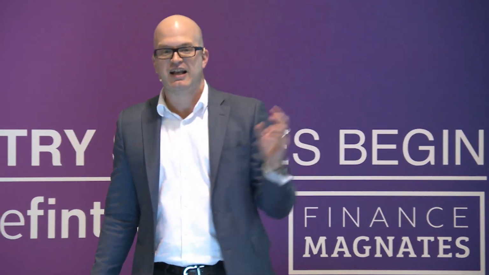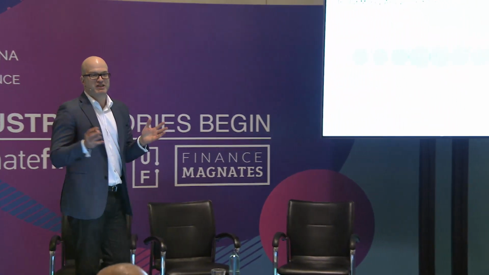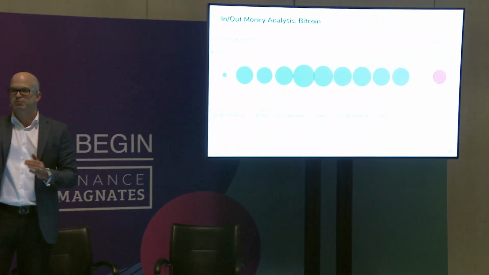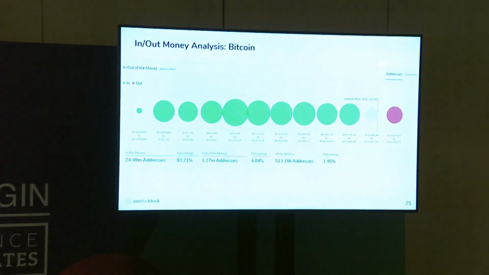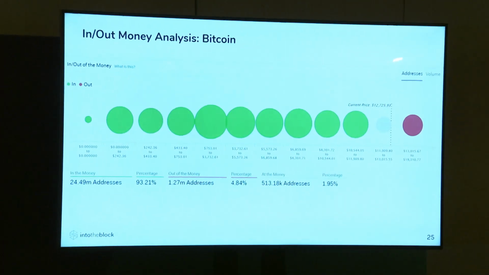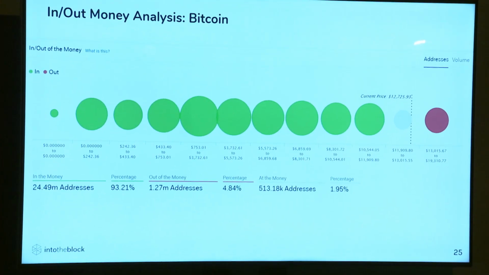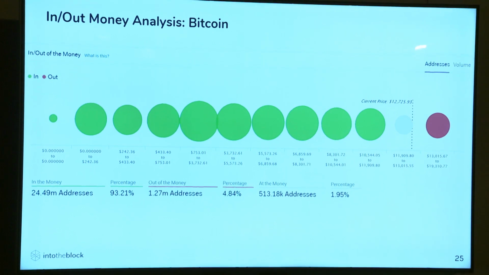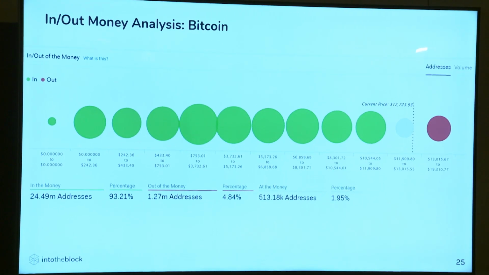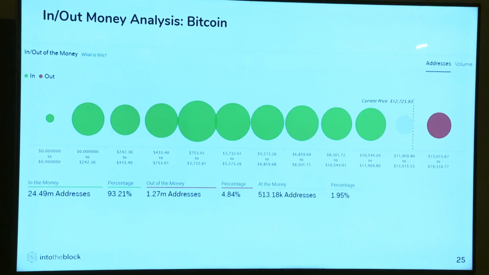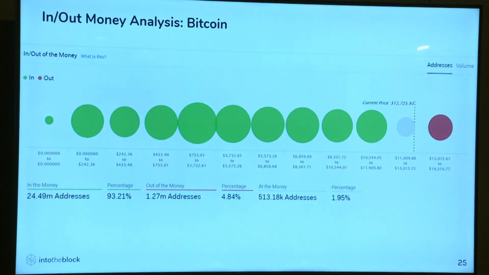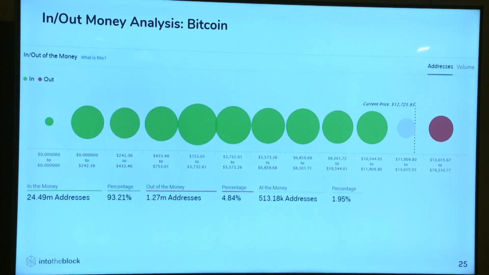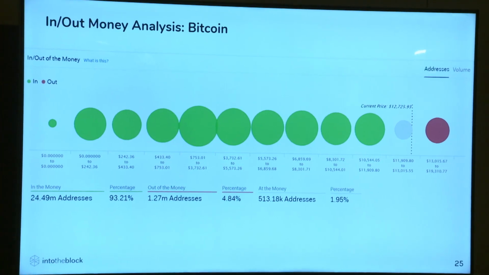This is an analysis that we call the in and out of the money. We take every single transaction in the blockchain that has been recorded, and we use what is called a clustering analysis. We look: this address bought here, this one bought here, and then we partition that population into its 10 most significant groups, depending on whether they're making money or losing money. This chart is showing you that the bulk of the Bitcoin investors are in the money, and there is a bucket that bought between 12,000, 13,000 and 20,000 that are out of the money.